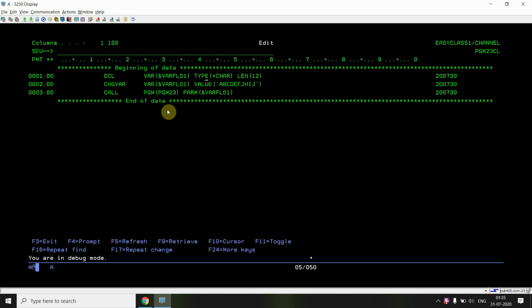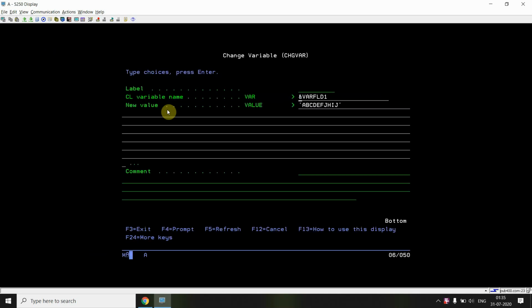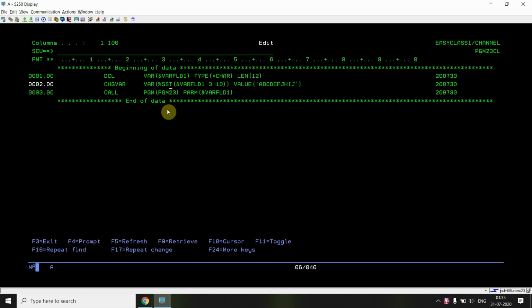So now what I am doing first is passing the value, using CHGVAR with %SST, from the third position till length 10.